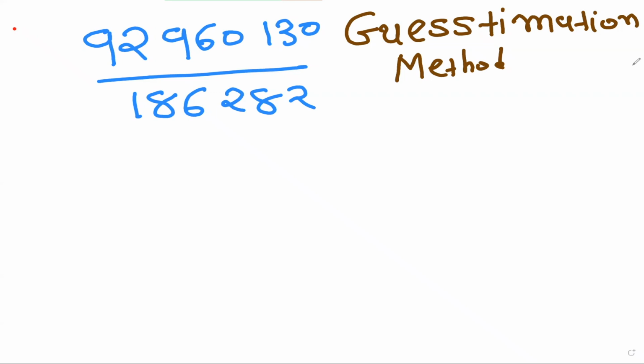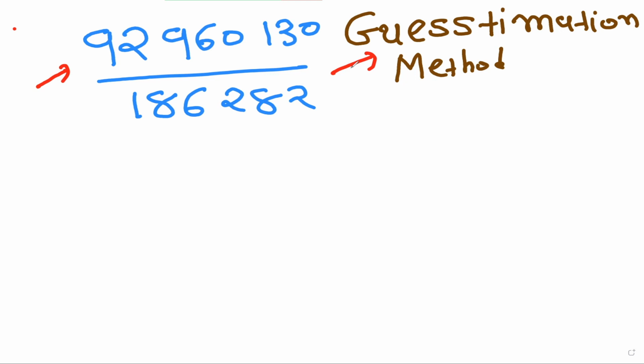Hi guys, in this video, we will learn how to divide 92,960,130 divided by 186,282 in less than 5 seconds. We are going to do this by the guesstimation method. So we'll try to understand how it works. The answer we are going to get will not be super exact, it will be a very close